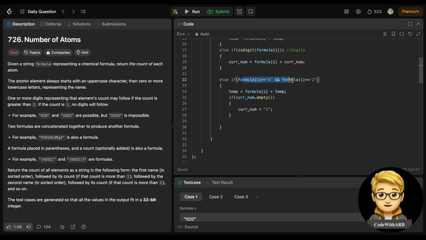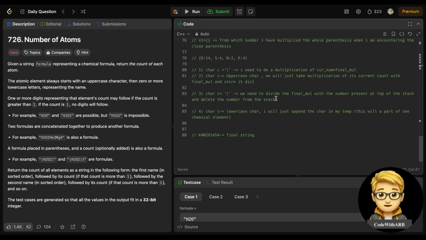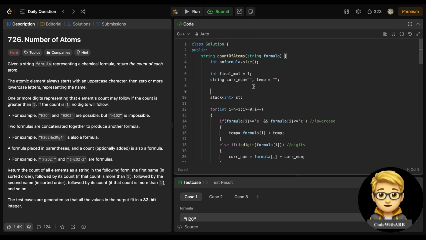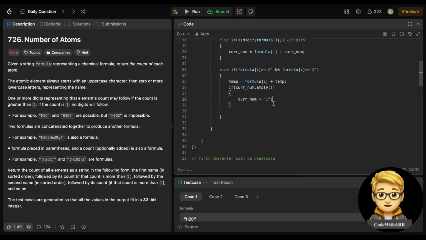Because I have encountered a letter, we need to multiply it with the current num, with the number present at the top, with the current count, and store it in a dictionary. Here I will not take an error map, just make a dictionary to store the final count. This should be a string, so I will store this as a string. Now this mp,